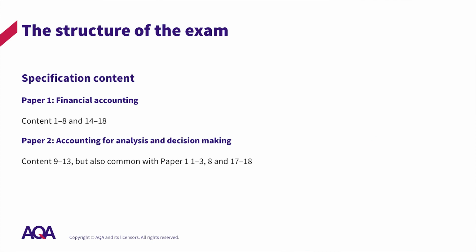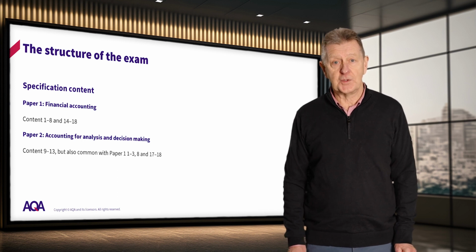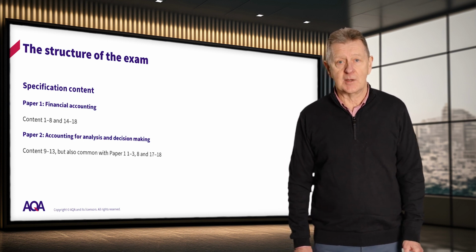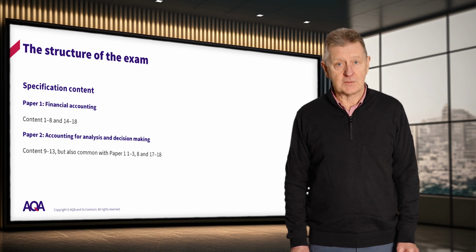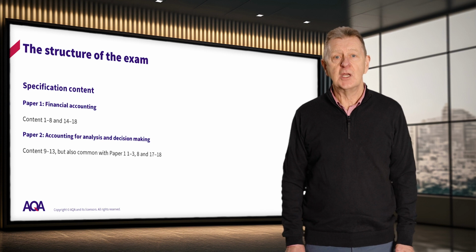The specification gives us both the content and the structure of the examination papers. The content of the papers is largely financial accounting in paper 1 and management accounting in paper 2. However, there is some crossover in content between 1 and 2. The logic of this is that some content is common to both aspects of accounting. For example, 1, the role of the accountant, 2, the sources of finance, and of course double entry, which underpins